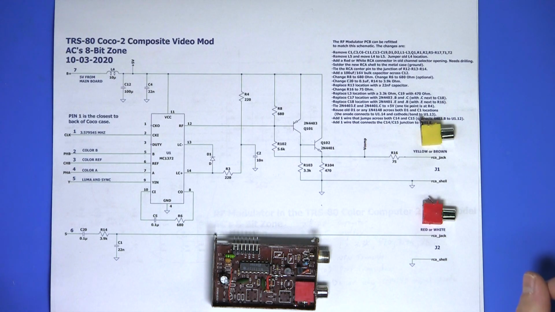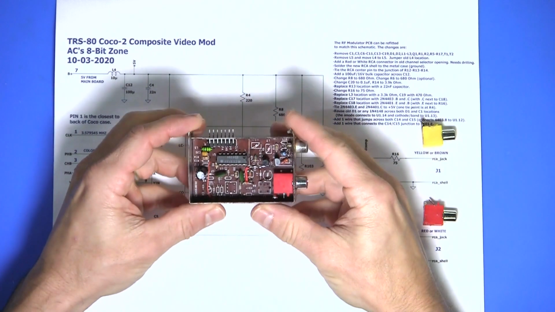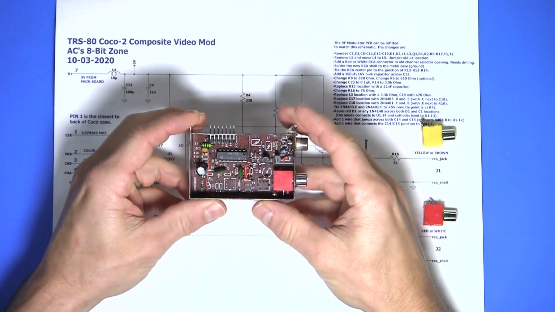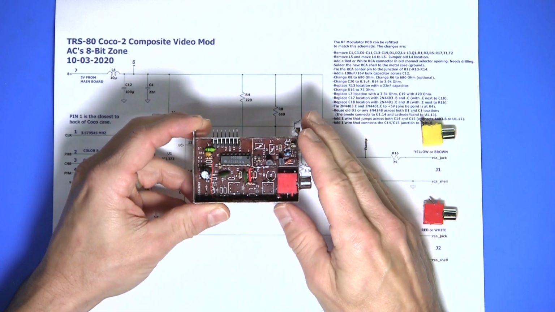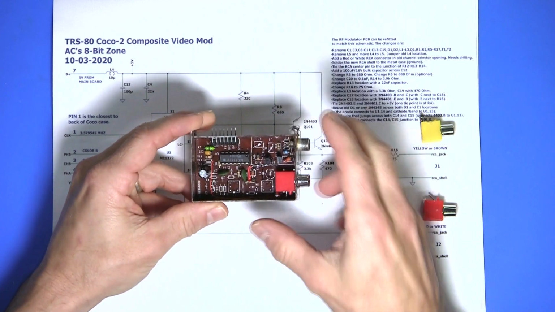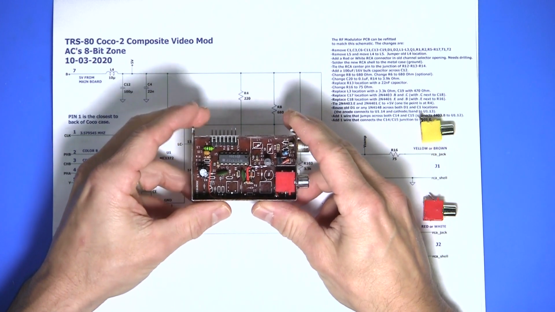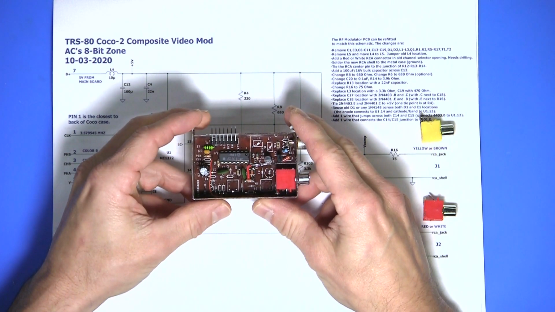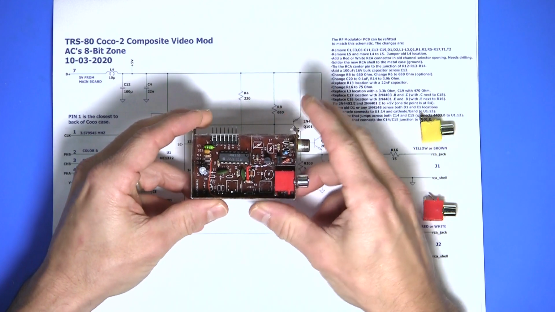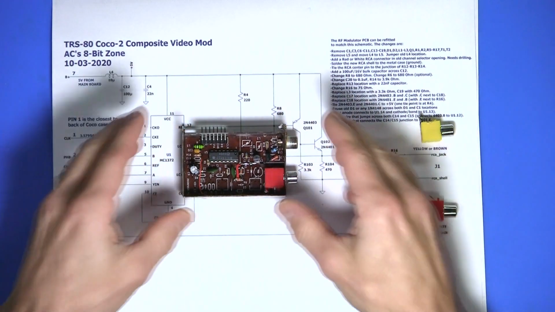Now it's time to look at the mods and the schematics. This was my RF modulator that was rusty and corroded, and I didn't really care if I ruined it by modifying it, so I started with this one. And you can actually make your circuit on a clean piece of perf board if you'd like, or if you have an RF modulator that's not working like mine was, you might as well, what do you have to lose,